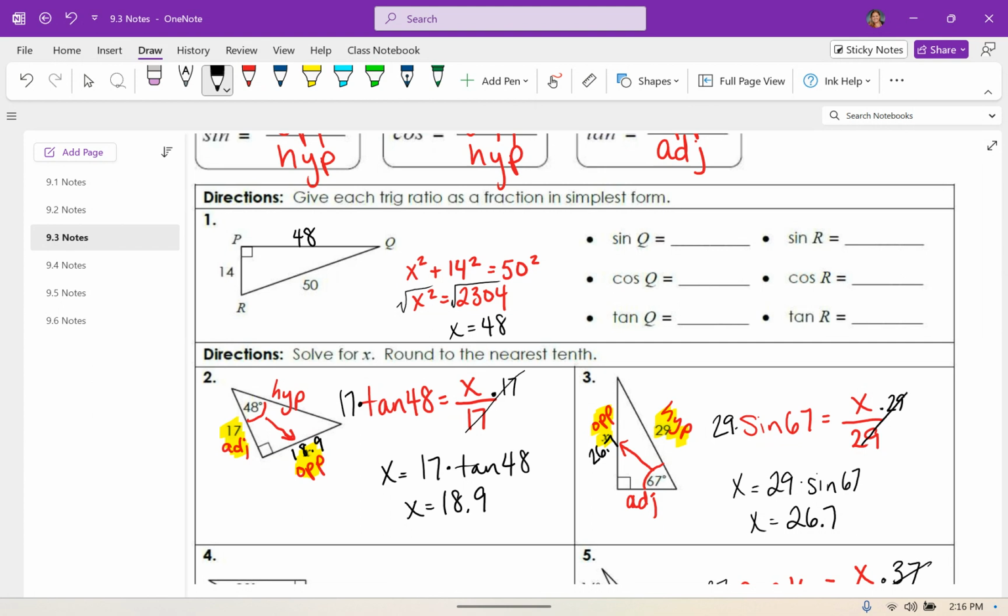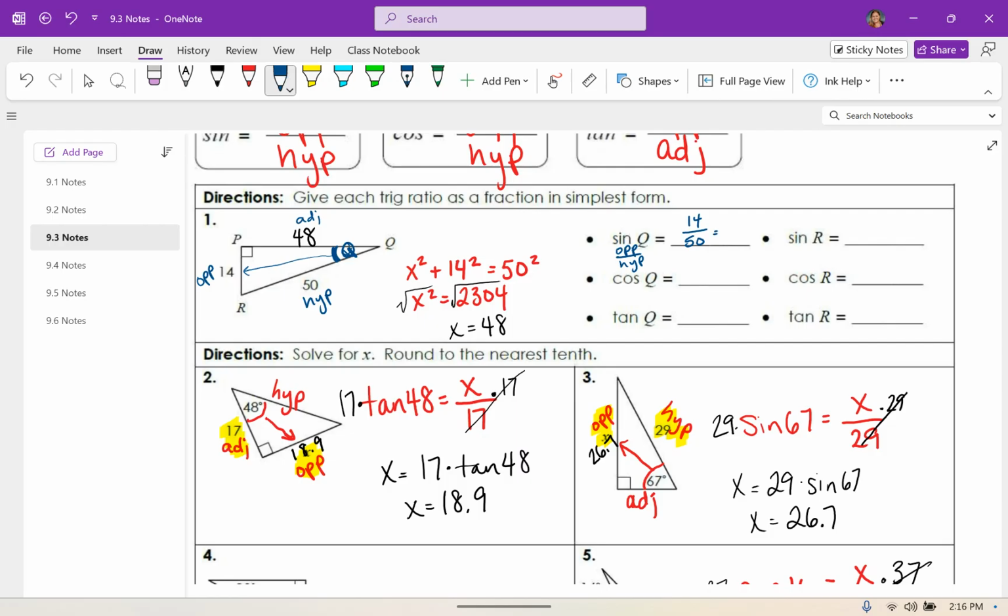And I want to do this in two different colors. So if I'm looking at angle Q, Q is my angle. Actually, I'm just going to use a Q like they do. So sine of Q, in relation to Q, 14 is opposite, 48 is adjacent, and 50 is hypotenuse. The hypotenuse is not going to change. So sine of Q is opposite over hypotenuse. So that would be 14 over 50,